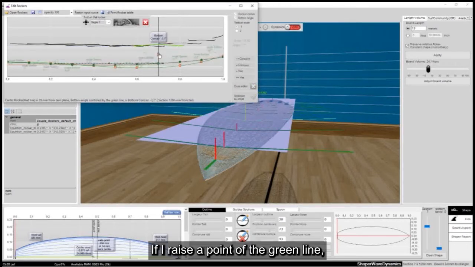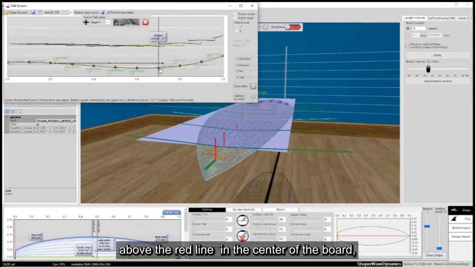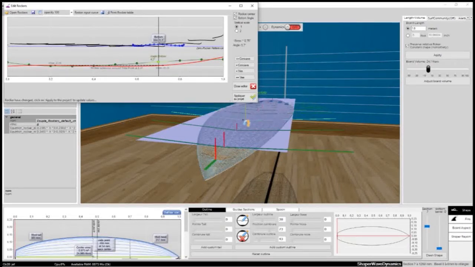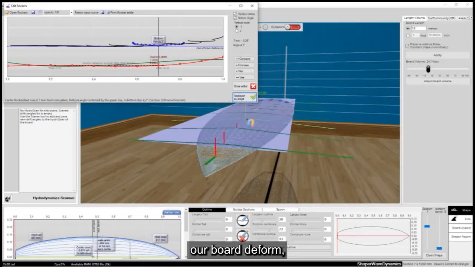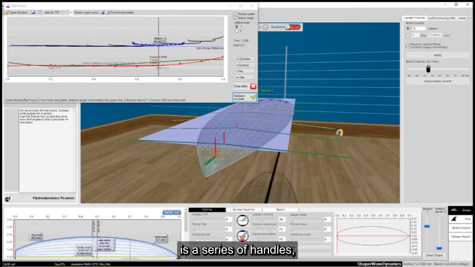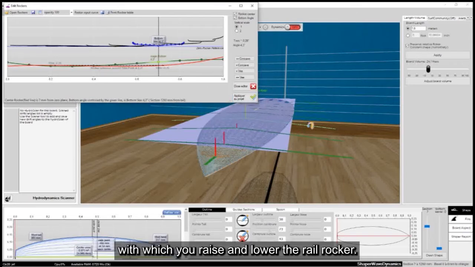If I raise a point of the green line above the red line in the center of the board, we will see, click on Apply to the project, our board deform, with a point in the center which is higher than the point on the outside. This green line is a series of handles, with which you raise and lower the rail rocker.